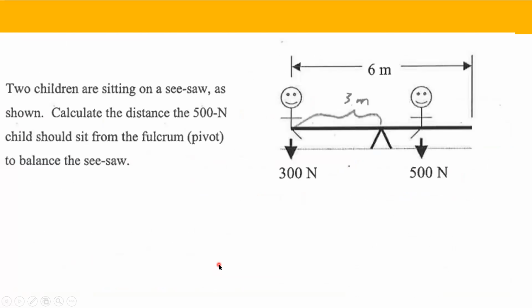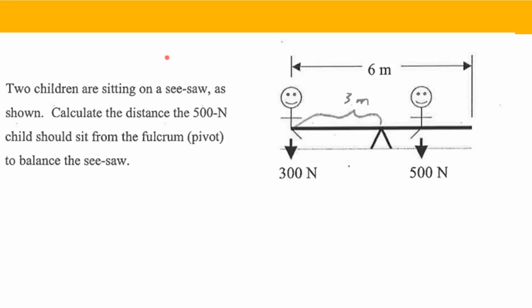How did we solve them? Let's have now these examples here. Two children are sitting on a seesaw, as shown. One of them has 300 Newton, and the second one has 500 Newton. Calculate the distance that the 500 Newton child should sit from the fulcrum, or from the pivot point, to balance